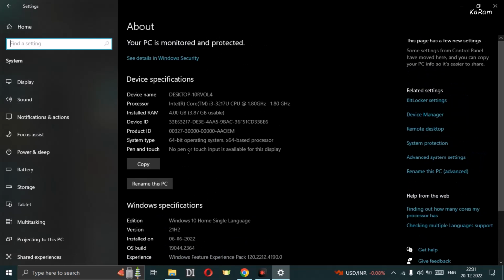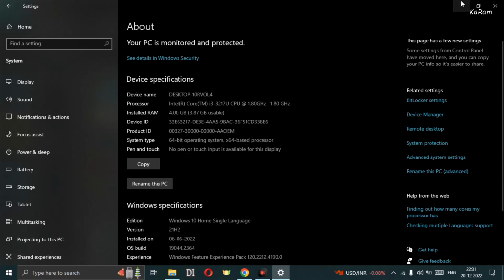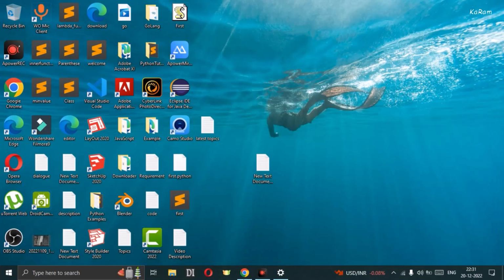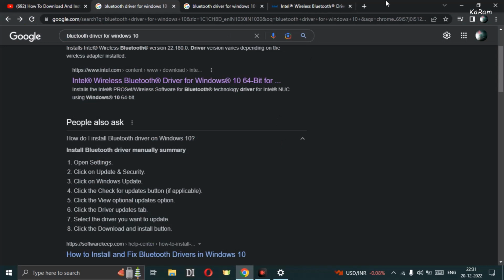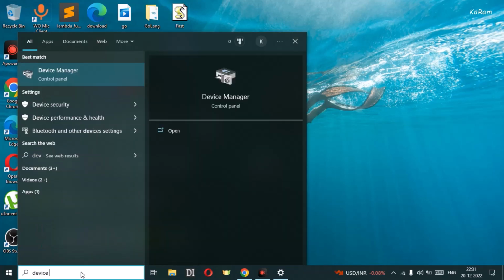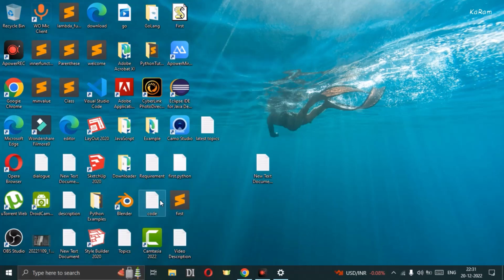There are several third-party applications as well to install the correct Bluetooth driver on your system. So searching on a browser might not help you. Usually the Bluetooth driver is installed on every system if the system has a Bluetooth modem. But in case you mistakenly uninstall the Bluetooth driver, you can check it in Device Manager,